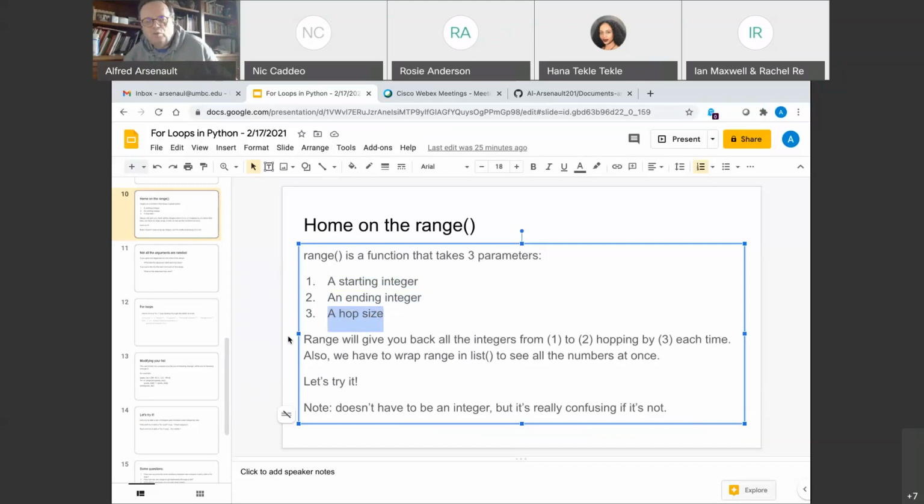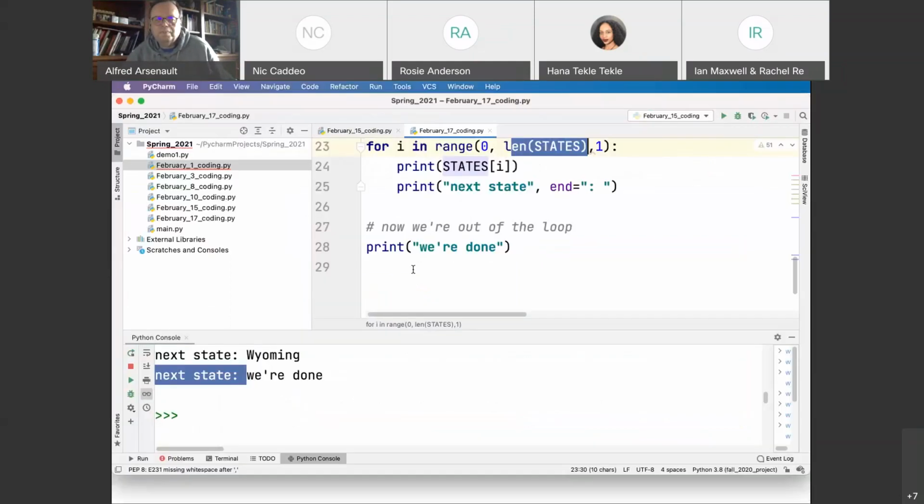Now, I have a note that this does not actually have to be integers. All the examples we're going to cover are going to be integers. At some point, probably next Monday, I'll show you the other way. But for now, we're always going to use integers. Okay. If I said for I in range 0, length of states, 1,